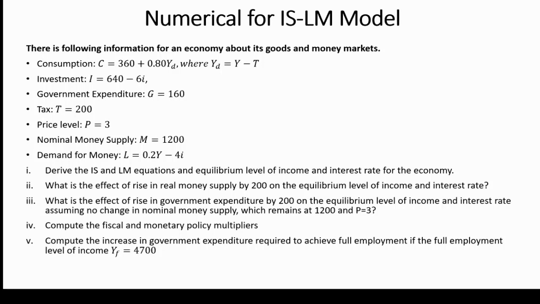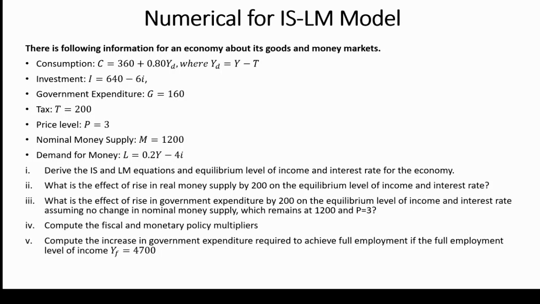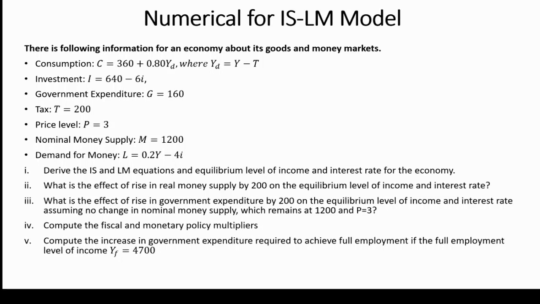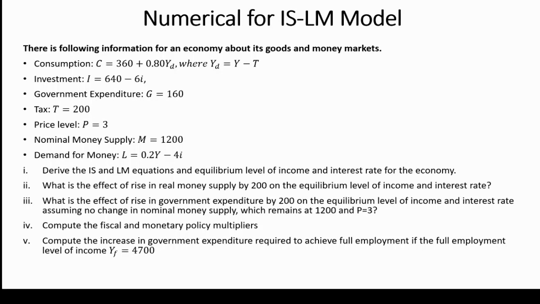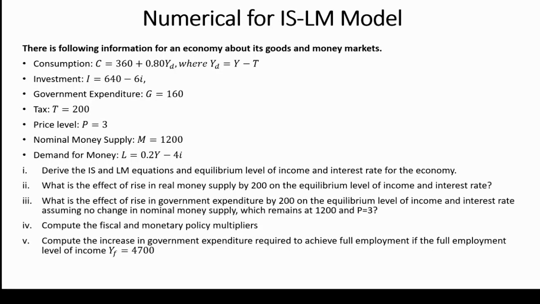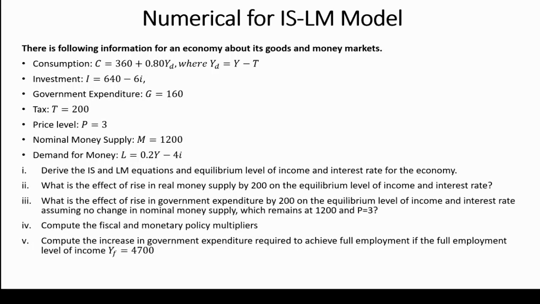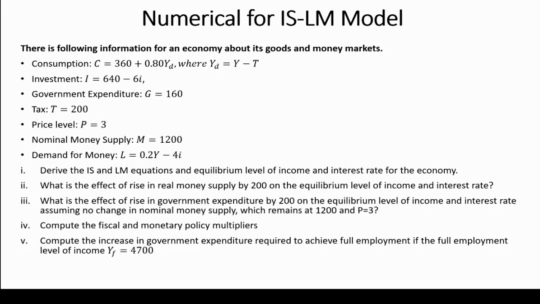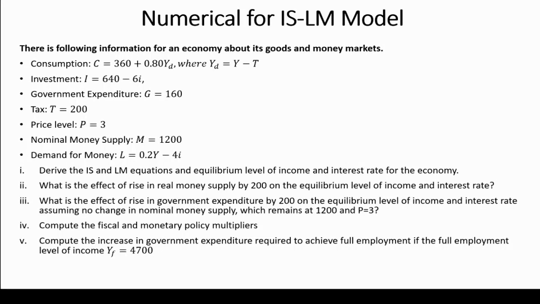The economy is characterized by a nominal money supply of 1200, and the demand for money function is also given, L = 0.2Y - 4i. Remember, Y stands for income, i stands for interest rate. Now, given this information,